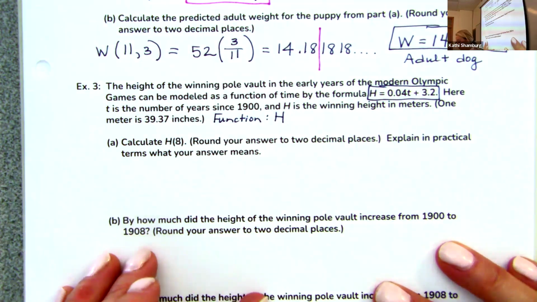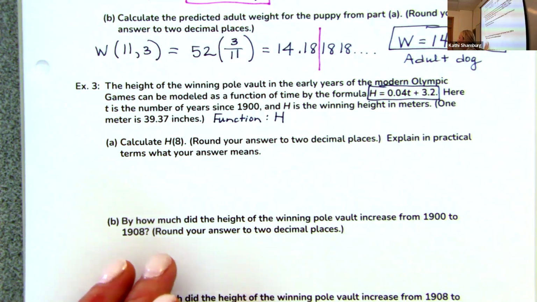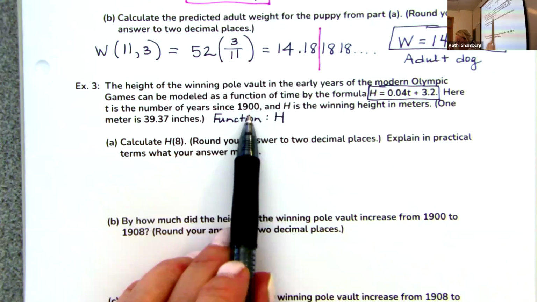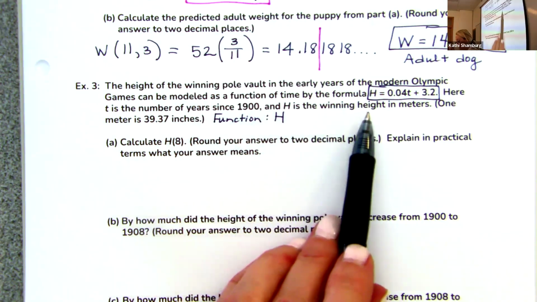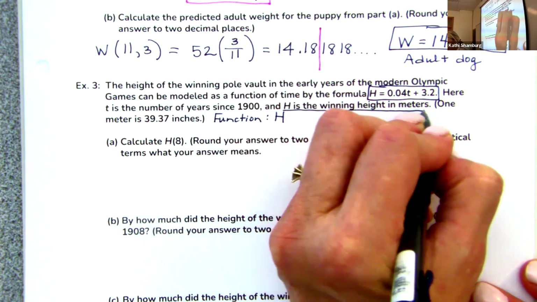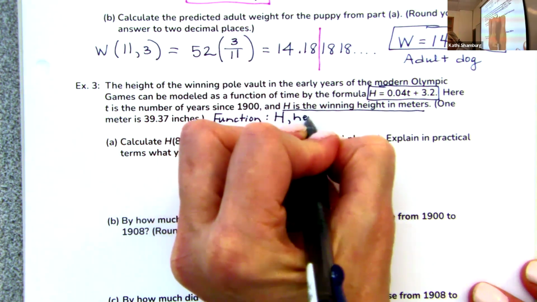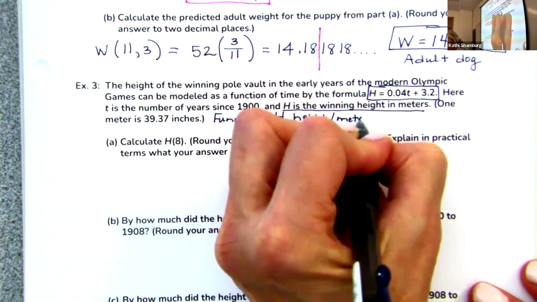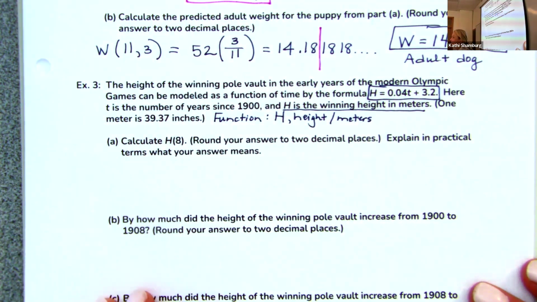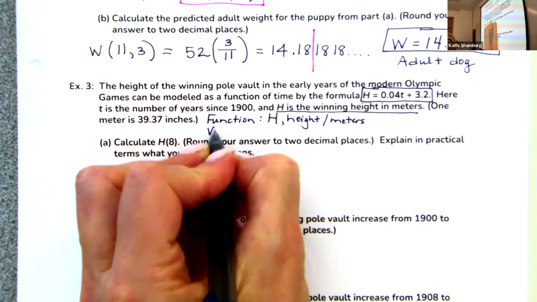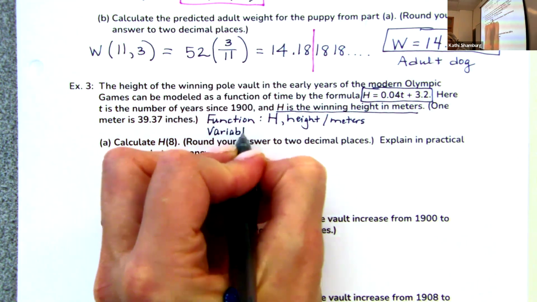Okay. All right, so let's keep reading and see if we can know for sure what H represents. Here, T is the number of years since 1900 and H is the winning height in meters. So right there, it tells me H is height in meters. So I would put height. And I have to express that that is in meters. Right? Because here we usually talk about feet, but obviously they do meters in the Olympics. All right, so my variable